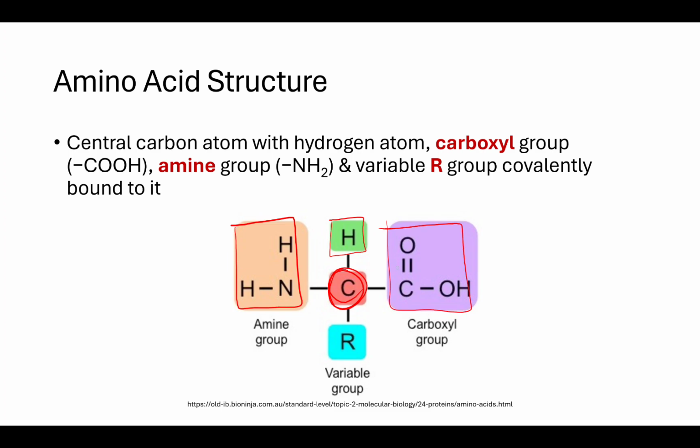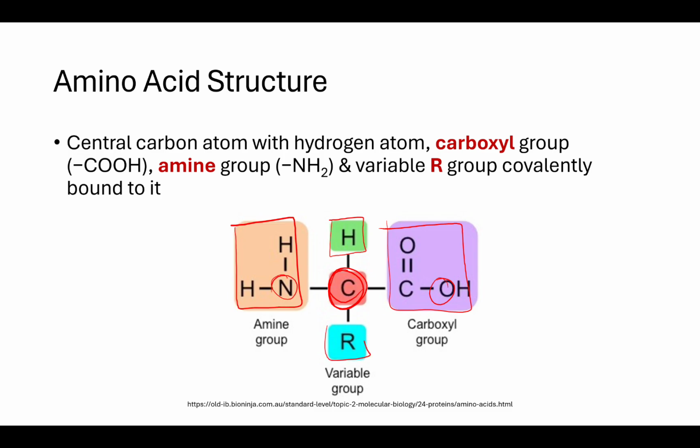The carboxyl group is a C double bound to an oxygen with an OH. It's sometimes called a COOH group. The amine group is an NH2. And just keep in mind that with the nitrogen here and the oxygen here, there is the possibility to form some polar bonds. Then every amino acid, and there are 20 major amino acids that are found in organisms, has